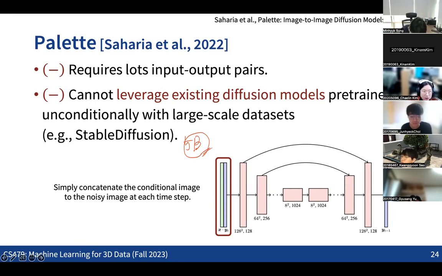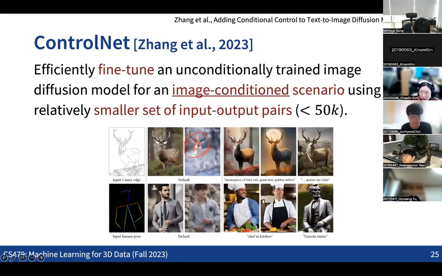So here the question is: how can we leverage an unconditional diffusion model, which is trained with a much larger-scale dataset, while adapting it to conditional cases? I'm not sure how many of you have heard about ControlNet. Even some people working in the design industry are, as far as I know, now very familiar with the idea of ControlNet, because it is really used in the design process these days. It's a really practical tool.